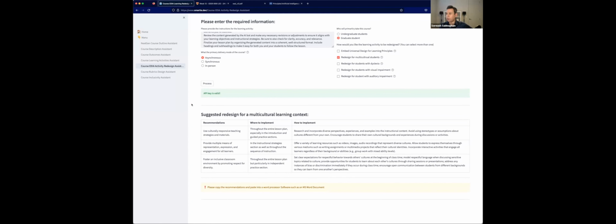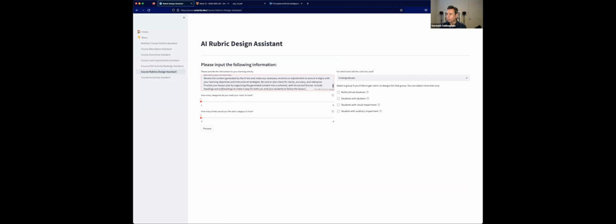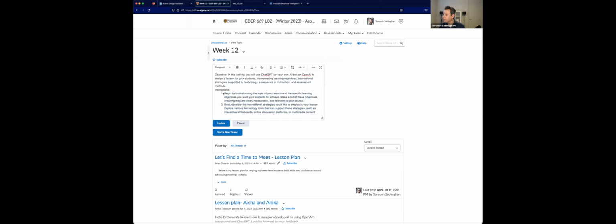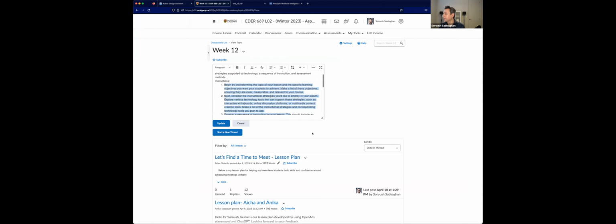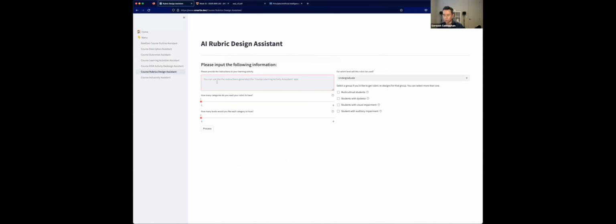Another thing that you can do is you can create rubrics with it. So I'm going to paste in the instructions again. Let's see. Not this one. Did I paste in the right instructions? I don't think I did. Well, I got that weird thing. Anyway, I'm going to go on to the rubric. I'm going to ask it to